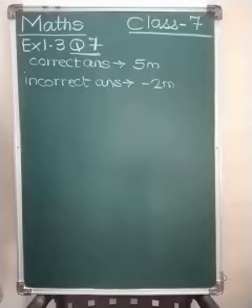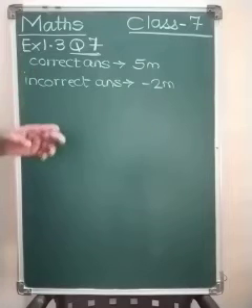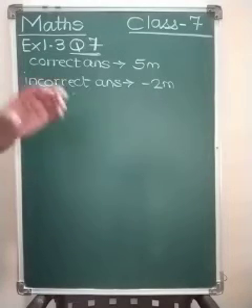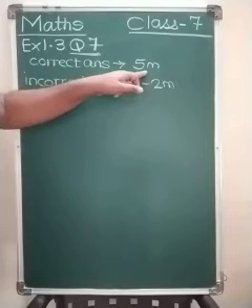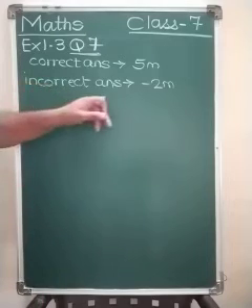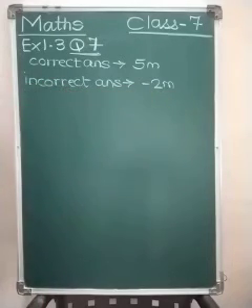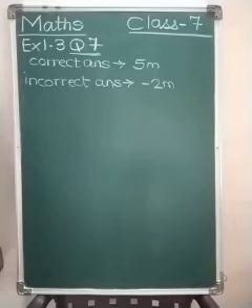In the last video we were solving exercise 1.3 question number 7, and the first part we have already solved for Mohan, that how many total marks Mohan has scored. Again, to remind you, the data provided in the question was that for every correct answer we are getting 5 marks in the class test conducted, for incorrect answers minus 2 marks, and for the questions not attempted 0 marks.